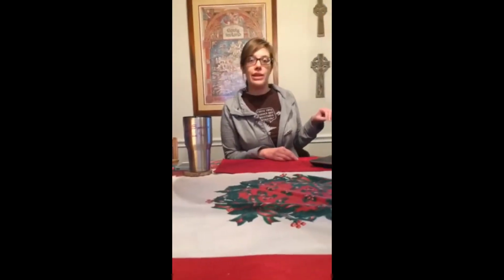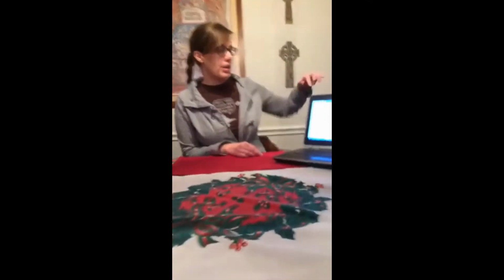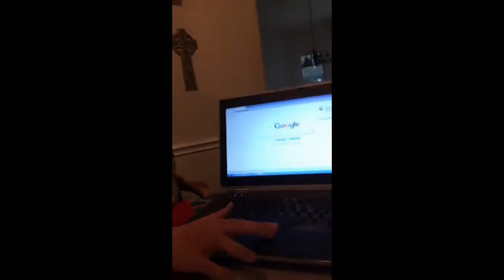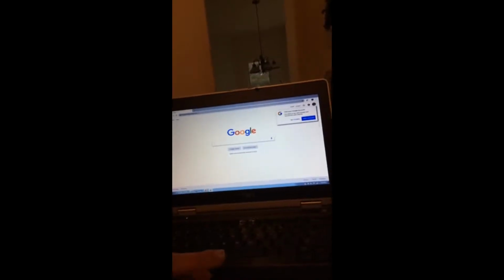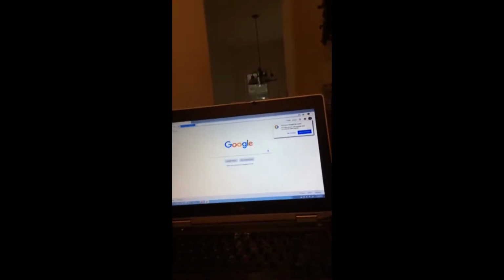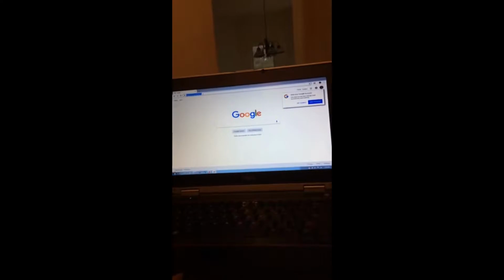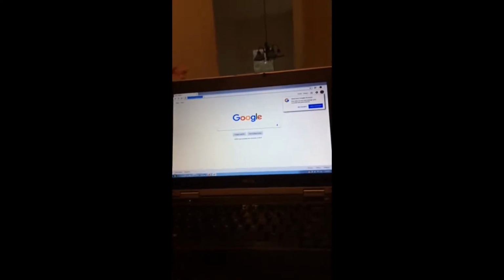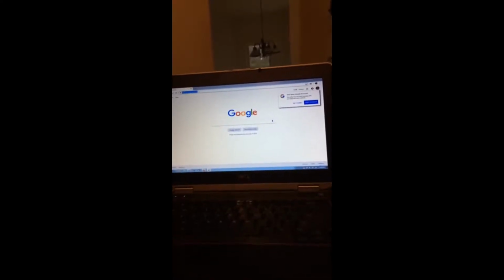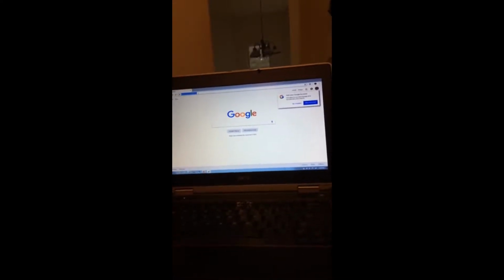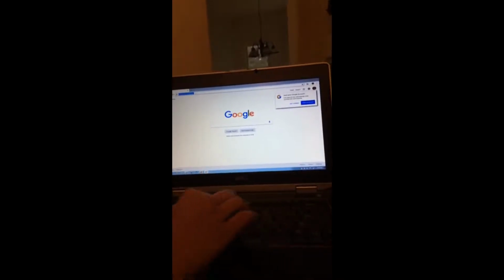A couple other things about these two browsers and why I really recommend them. For both of them, you can just type something that you want to search here into the top, and it will search it using whatever your saved primary search engine is. For Google Chrome, that's always going to be Google. For Firefox, it'll usually start you with Yahoo, but you can change that, and we're happy to tell you how at some other time. So all you would need to do is type